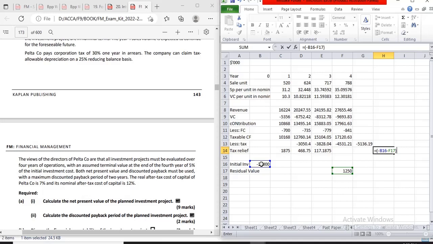We will net off the initial amount and residual value, and then multiply it by the tax rate, which in our case is 30%. This is the total tax relief we will get in this investment. Take this and deduct whatever tax relief you got in the previous year in order to get the year 4 tax relief. We got it, and the question has told that the tax should be paid in arrears, so it means